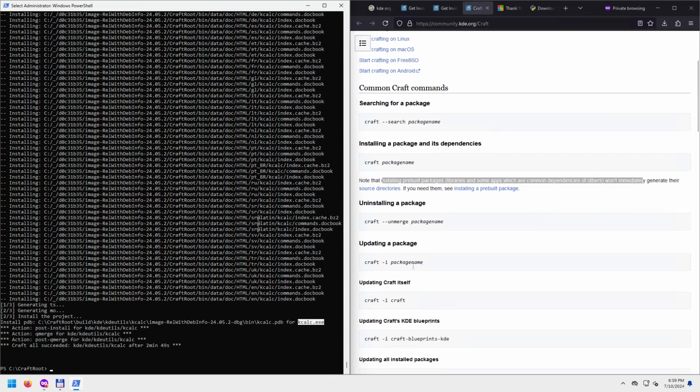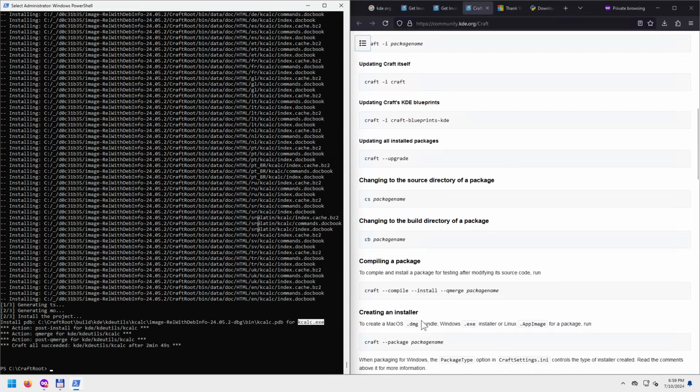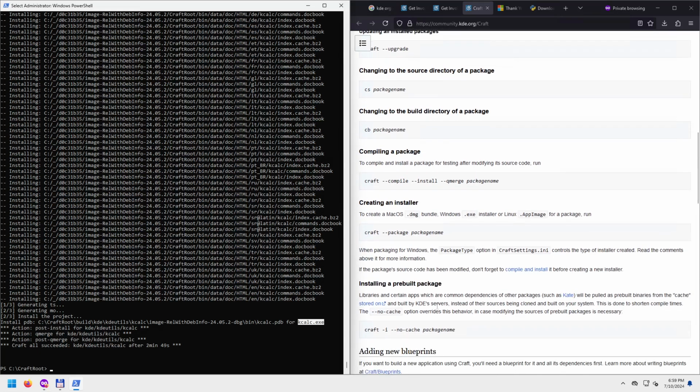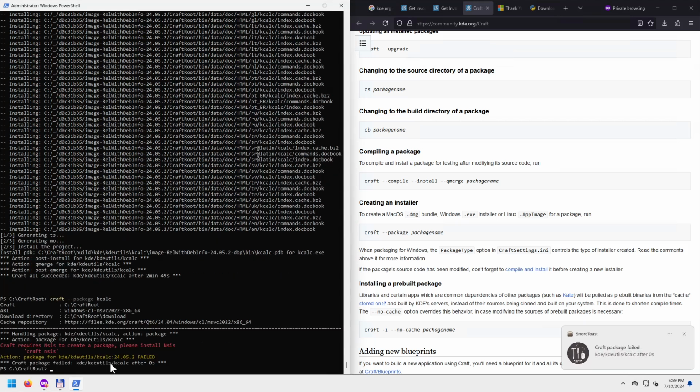Let's see how we can run the output. We can create a Windows exe file if we want. Let's try that. craft --package kcalc. It has the dependencies